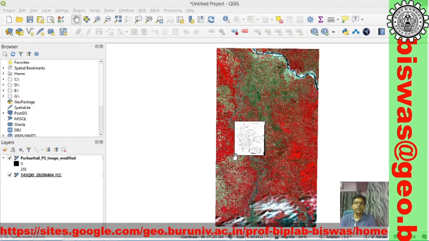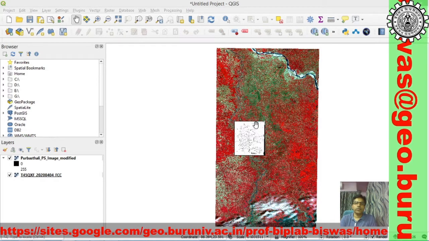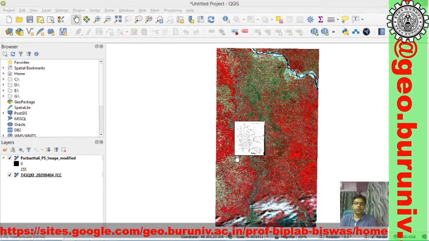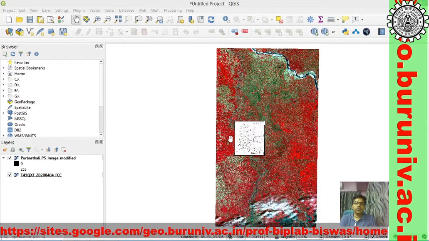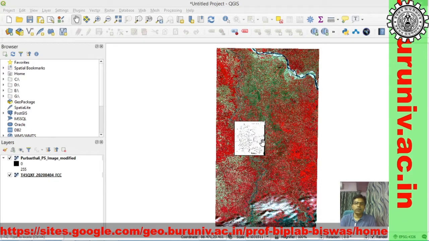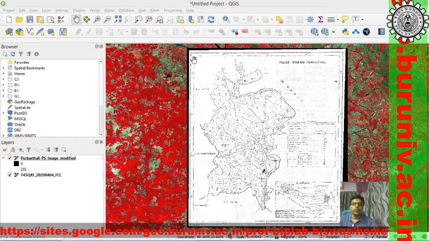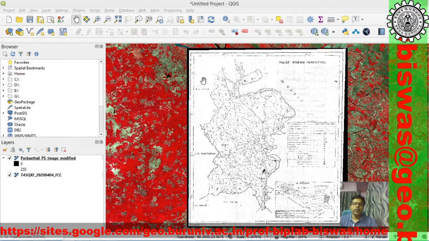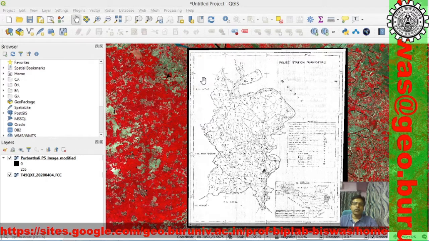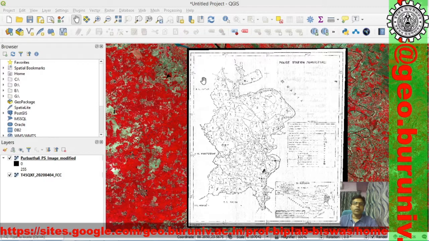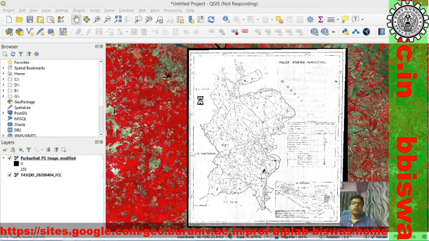Today's final part is to subset or clip the background image according to the size of our study area. So clipping or subsetting the background image with the help of the study area, I prefer always to have a new area of interest file, and using that file we shall subset the background image.